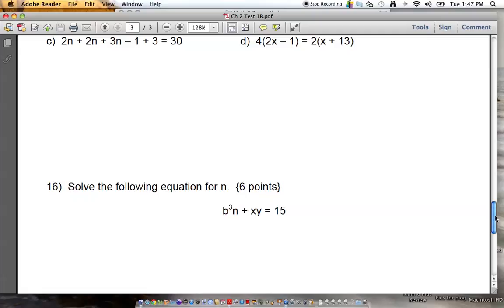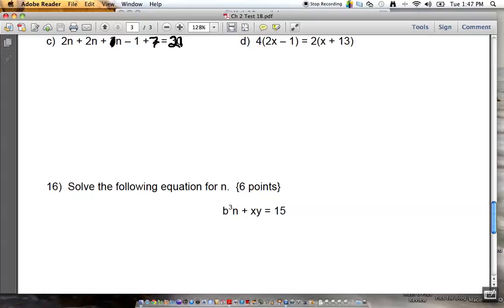What do you say to yourself when you look at letter C? Guys, what do you say to yourself when you look at letter C? Come on, talk to me. What are you saying to yourself? Same side. So if it's the same side, what do you do? Same operation. Very good. What's 2n plus 2n plus 3n? It's the numbers again? 2n plus 2n plus n minus 1 plus 7 equals